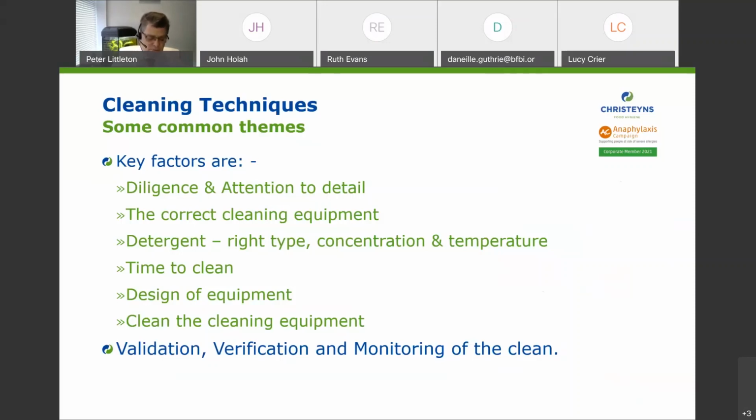And I'm sure most people on the call can probably close their eyes and picture a piece of equipment which isn't necessarily as easy to clean as maybe we'd like it to be. And then I've also mentioned again explicitly, clean the cleaning equipment. Make sure that any brushes, any squeegees, any cloths are properly cleaned after they've been used to clean, particularly after